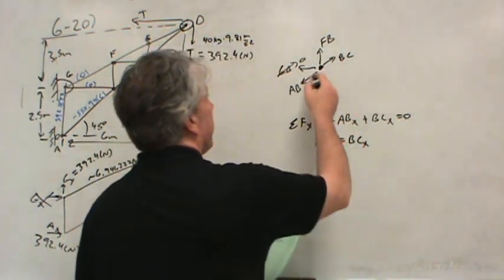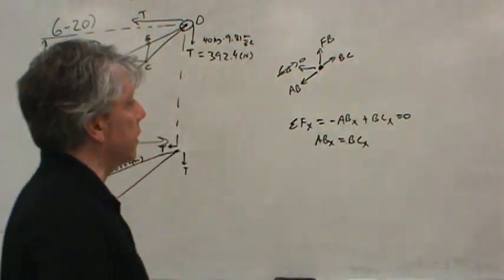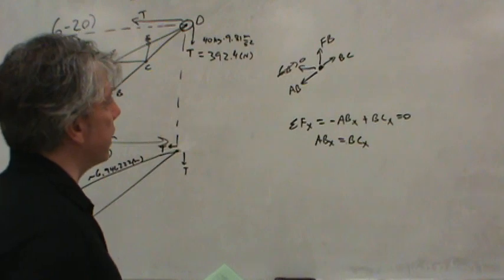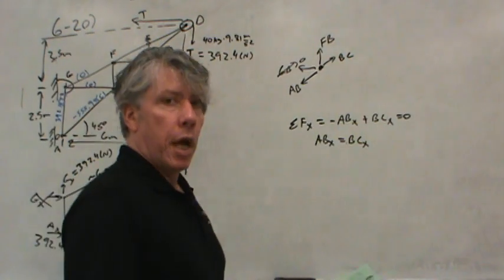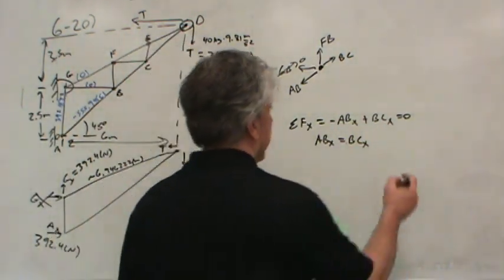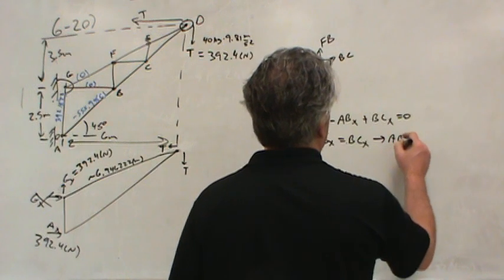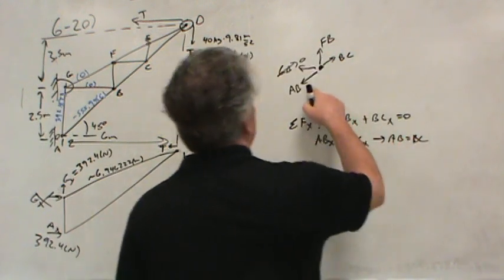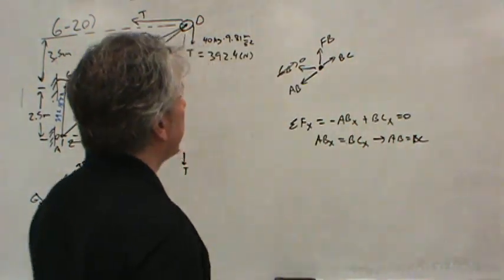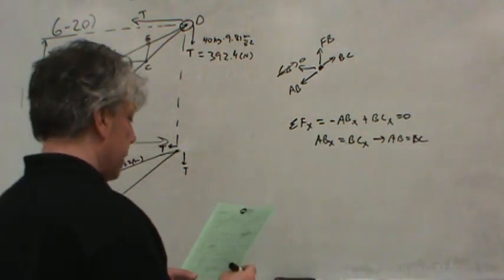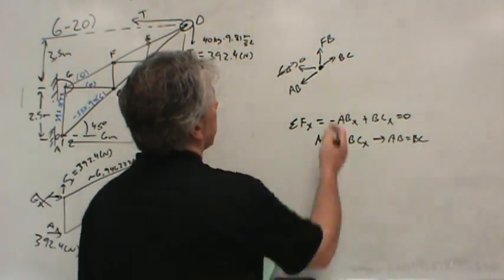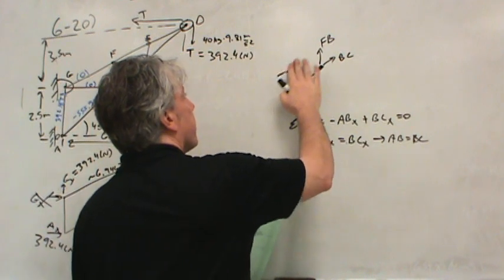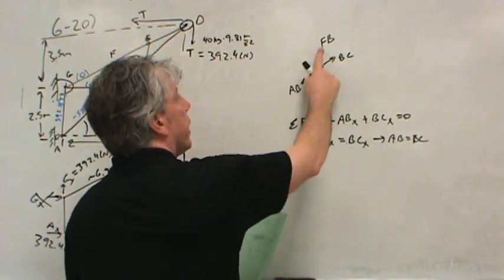Well, now wait a second. AB and BC act along the exact same line, so their geometry force triangle relationship would be exactly the same, which means AB equals BC. These two are exactly equal to each other. And so what that means is that if these two are equal to each other, let's make the picture clearer, there's no way that FB can